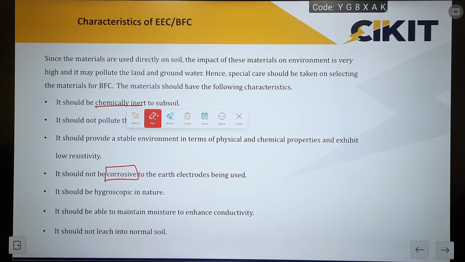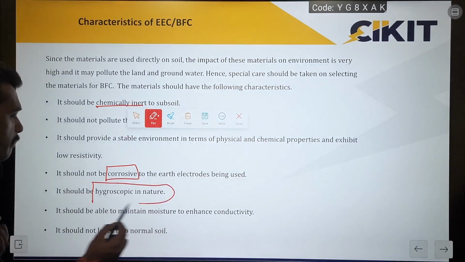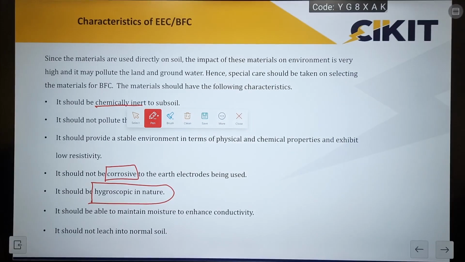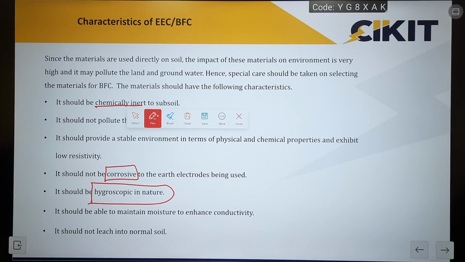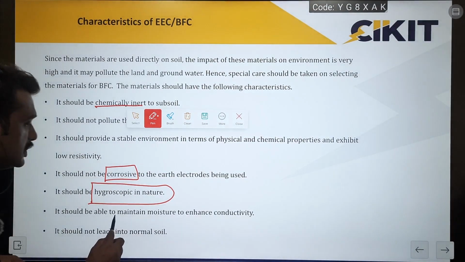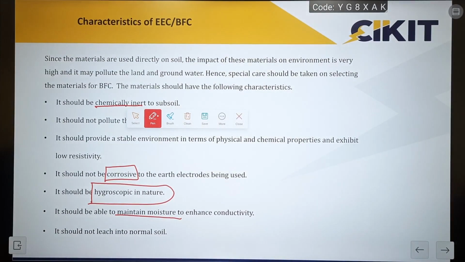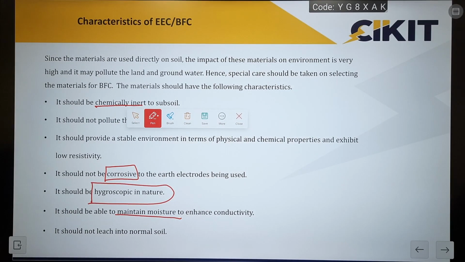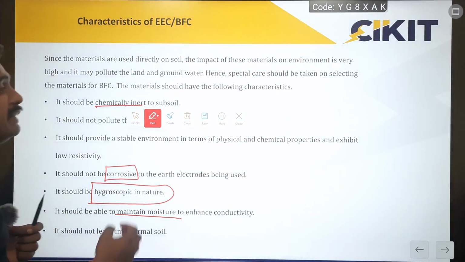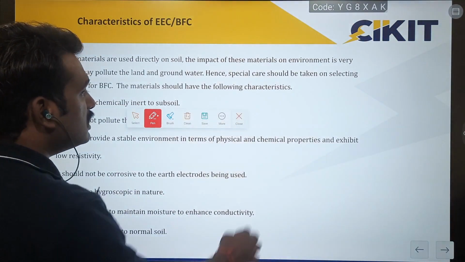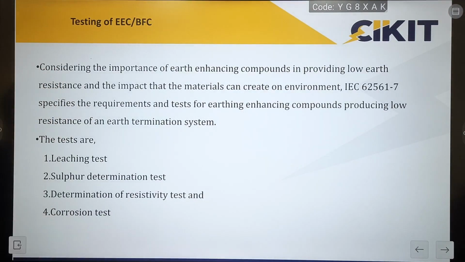And the fourth one is that the resistivity mainly depends upon the moisture content in the soil. So it should be able to absorb the moisture and withstand the moisture for a longer period. So these are some of the characteristics of earth enhancing compound. While preparing this compound, we should make the composition in such a way that it should not pollute the environment. Since we are directly dumping it into the soil, the standard has provided 4 main tests